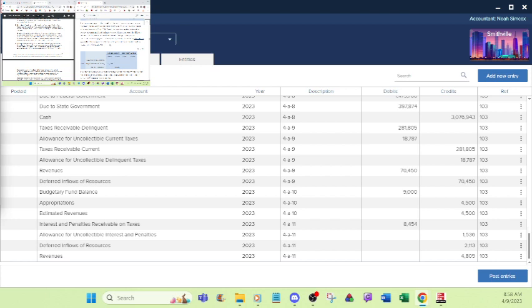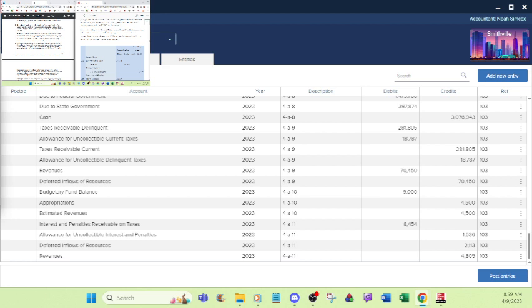Receivables and payables between governmental and business-type activities are reported in different columns on the government-wide statement of net position. Well, that's the entry in the enterprise fund. Here's the entry. Okay, so now,